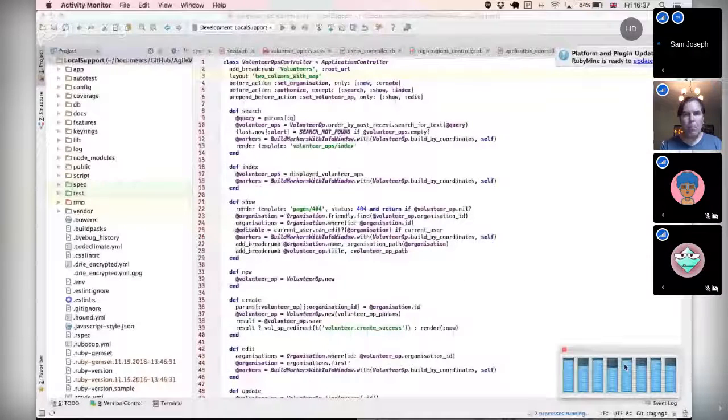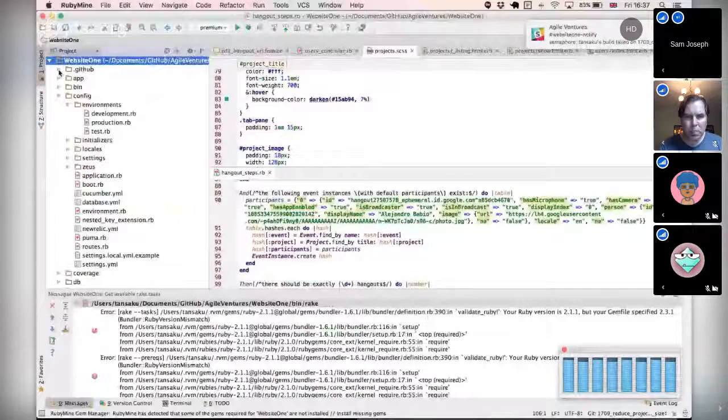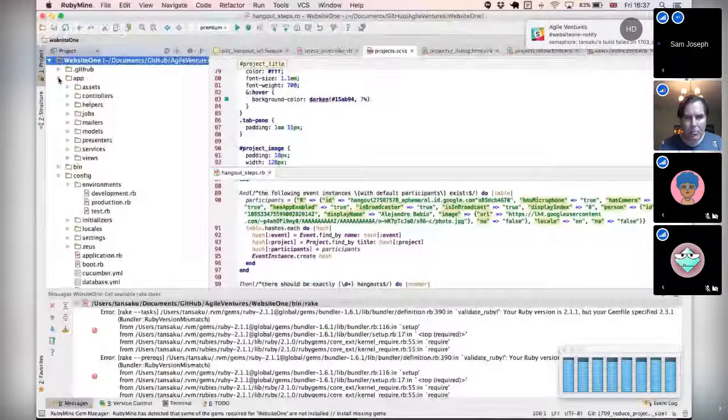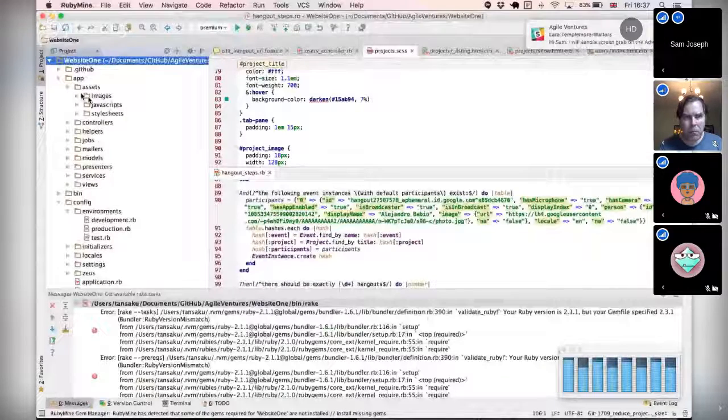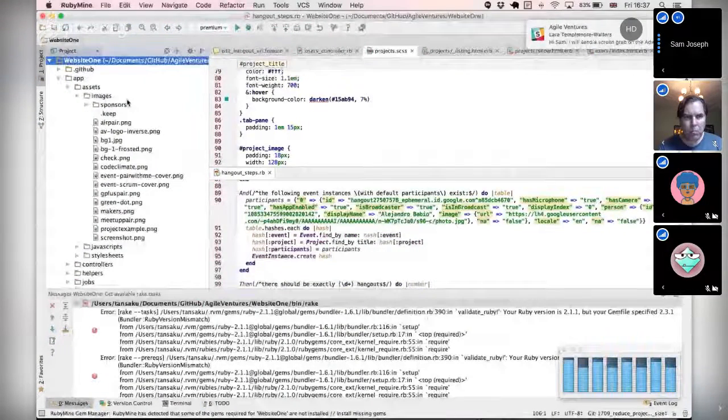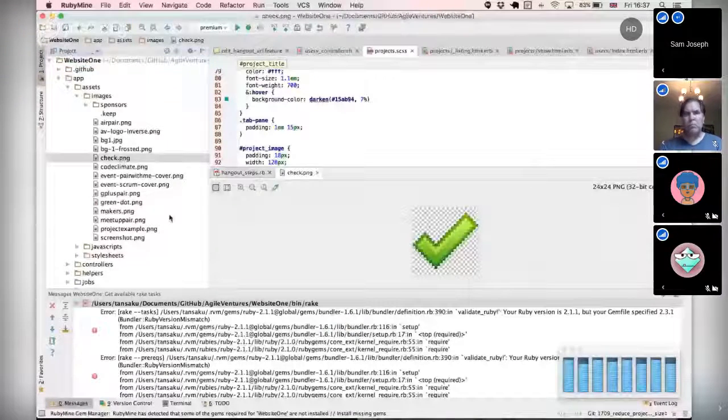Part of the problem is I run all these things in parallel all the time. Come on, brain. So we've got app, images, assets, images. Yeah, so we've got it in there. So that's strange.